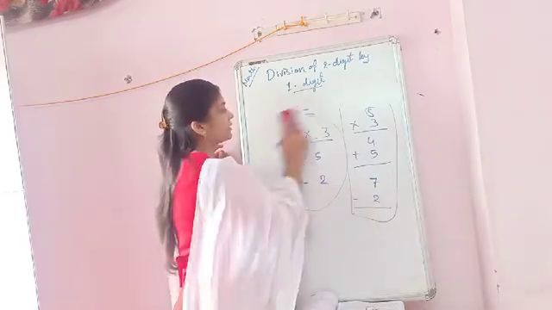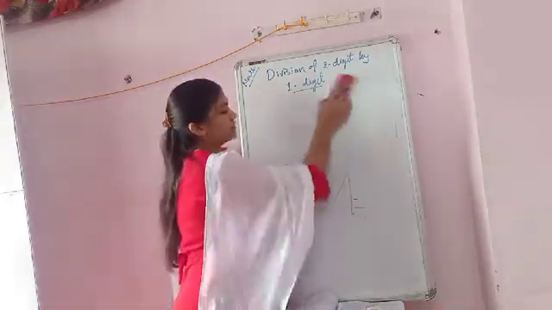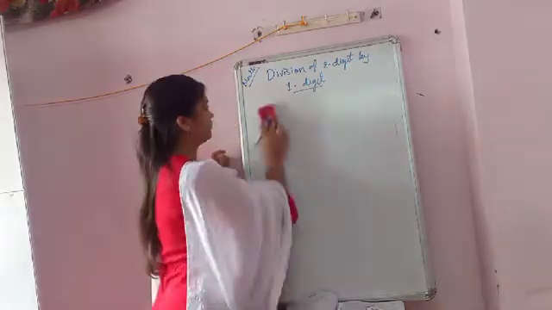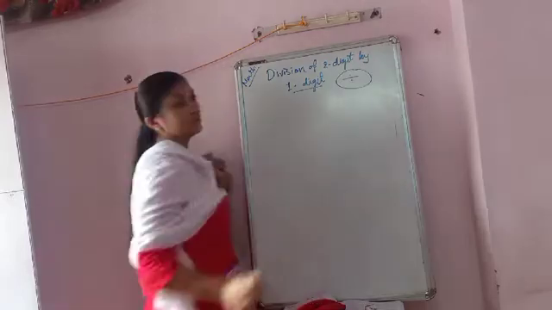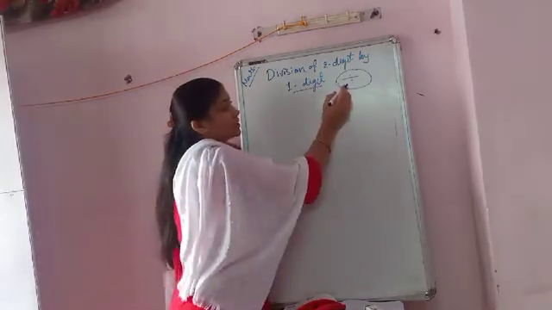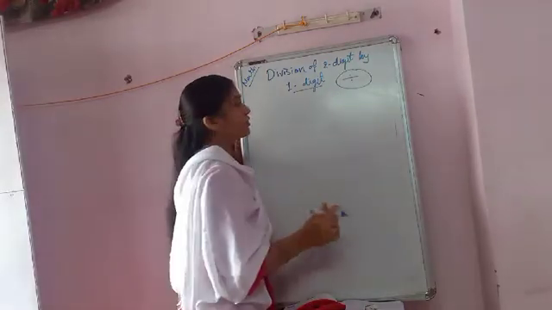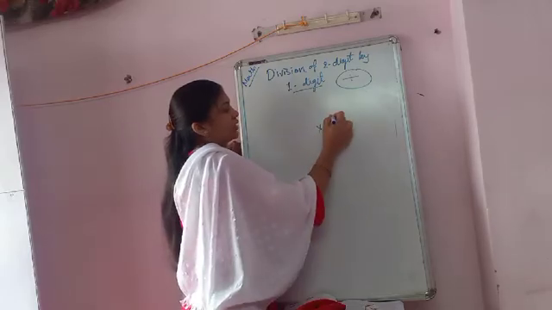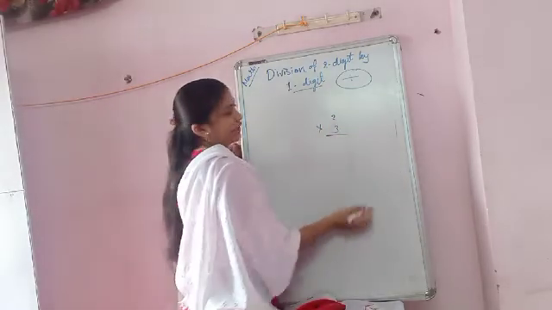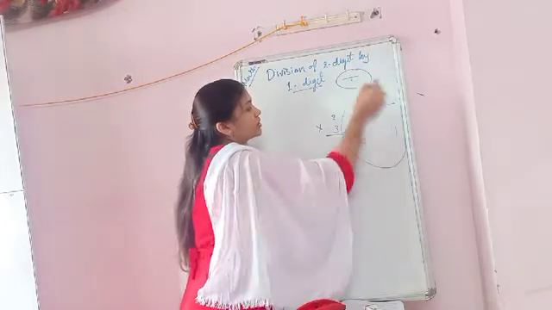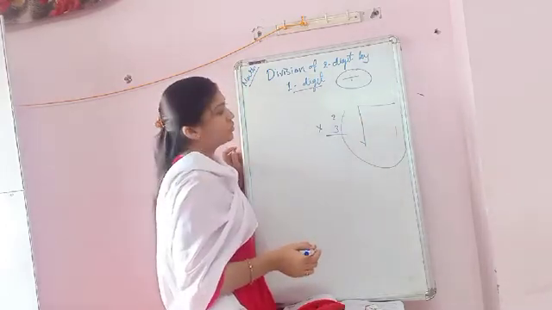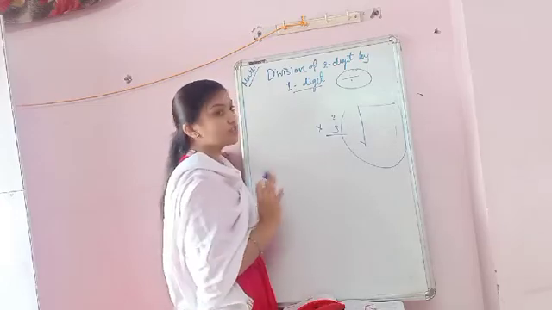Like that, this is the symbol of the division. Whenever this symbol is given to you, that means you have to do division. As we are doing multiplication, like that, we can also do the division using this symbol. This is the sign to do the division of the numbers.